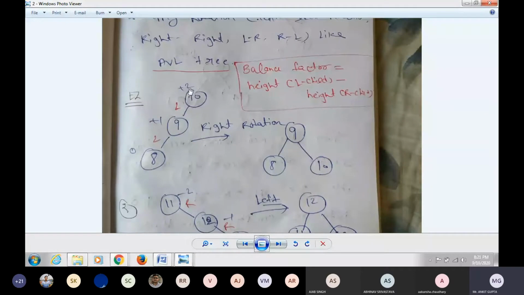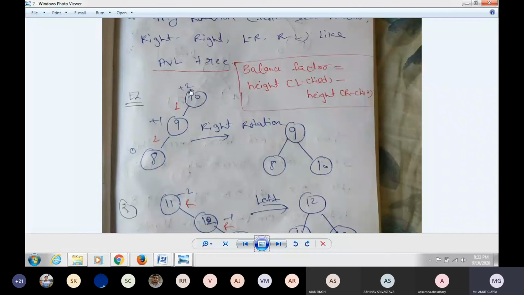Okay, after finding the balance factor, that is plus 2, but the balance factor should be -1, 0 or 1. So if I am getting balance factor plus 2, it is unbalanced. So left and left, because of the left side, I am getting the unbalanced tree. Okay, because I am inserting on the left side, I will go from bottom to top. So left and left. Because of inserting left, I am getting the problem.